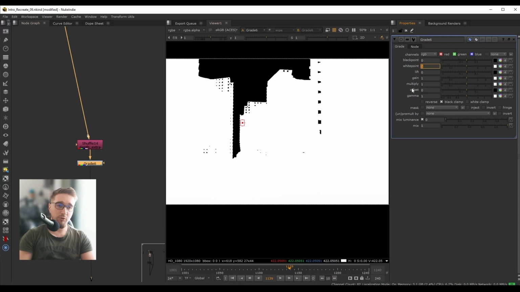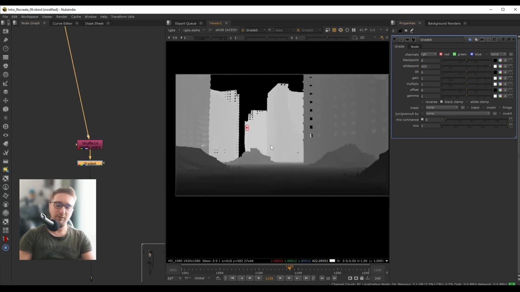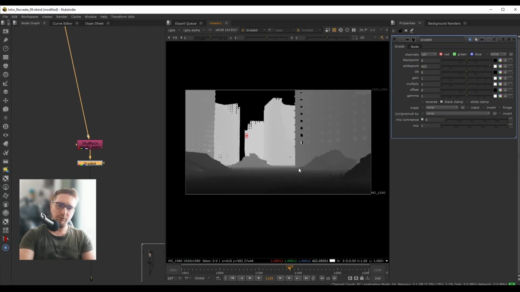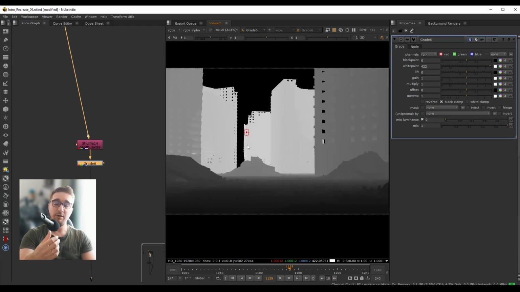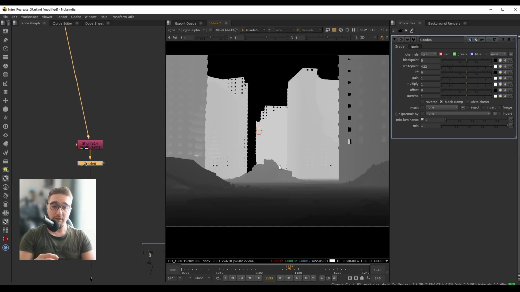I will set the white point to be 422, press enter, and now we can see this nice smooth gradient growing across our entire render. The closest objects to our camera will have a lower value, and the furthest objects away from our camera will have a value close to 1. And now in fact we can see that our RGB values become this value of 1 because I set this